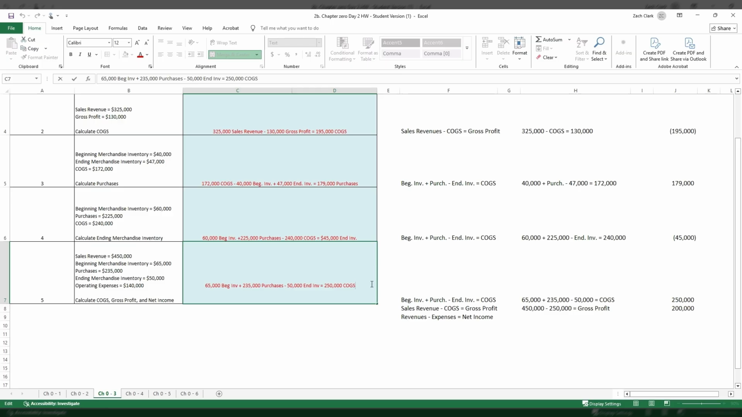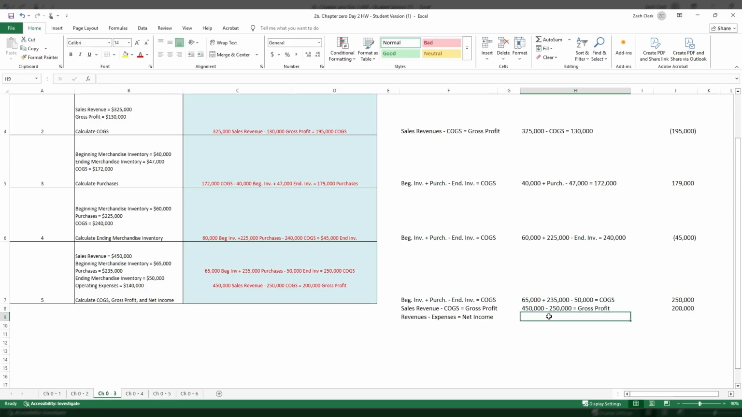So now let's double click back into our cell, hold Alt, press Enter a couple times, and now we're spaced down here to start typing. So let's put in 450,000 sales revenue minus 250,000 cost of goods sold equals gross profit of 200,000. Boom, boom, boom. Looking good. Okay, cool. All right, let's come down here and solve the last one